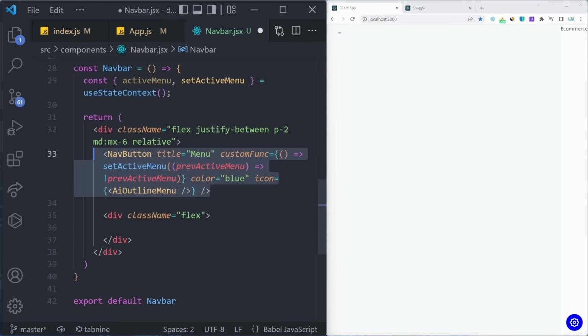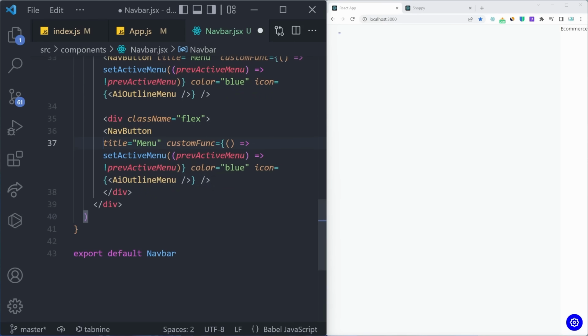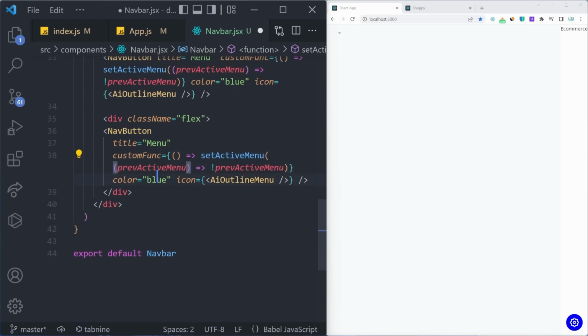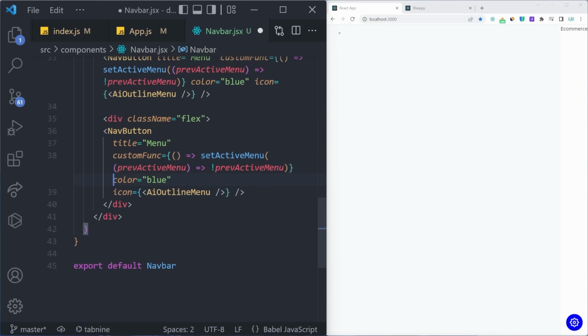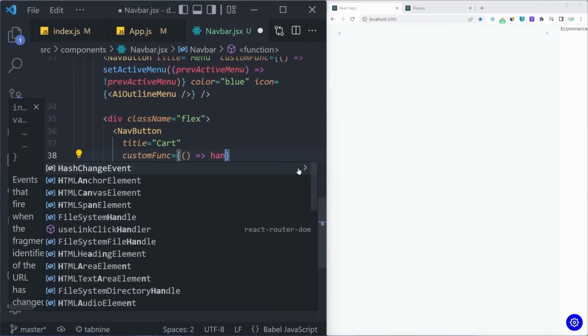Now let's copy our original nav button. Let's just space out all of the props so we can more easily see what's happening. There we go. Color blue, and icon is right here as well. So this is one of our nav buttons. Now this one is for the menu, or at least it was, but now we can actually change it to something else. Let's do cart, and a custom function is going to be a call to a new function, which